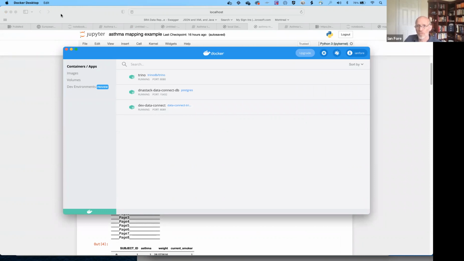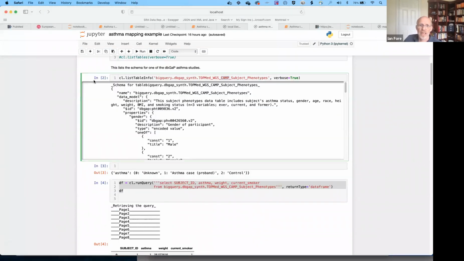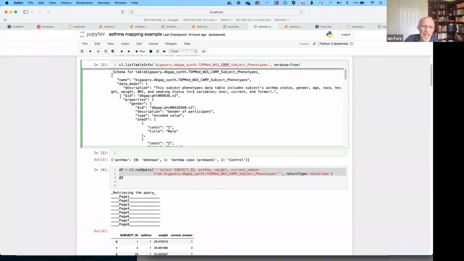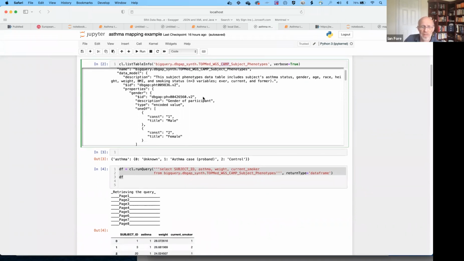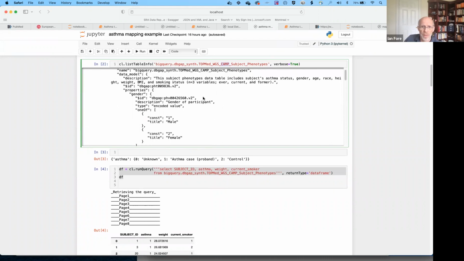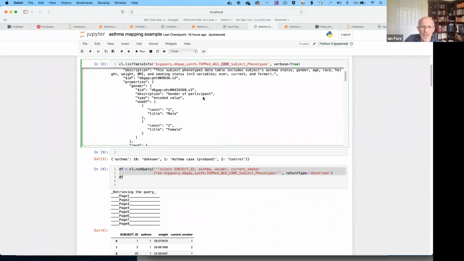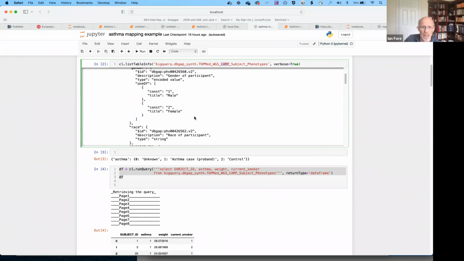Other people could run this. That Data Connect server is translating that XML data dictionary that dbGaP provides to JSON schema. And we can see, for example, that it gives us information that 1 is female and 1 is male and 2 is female, et cetera, and that 0 means unknown, and